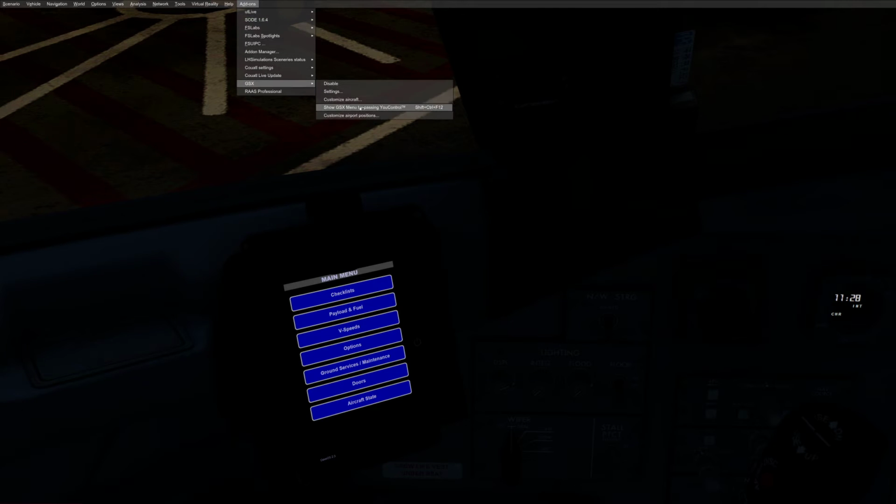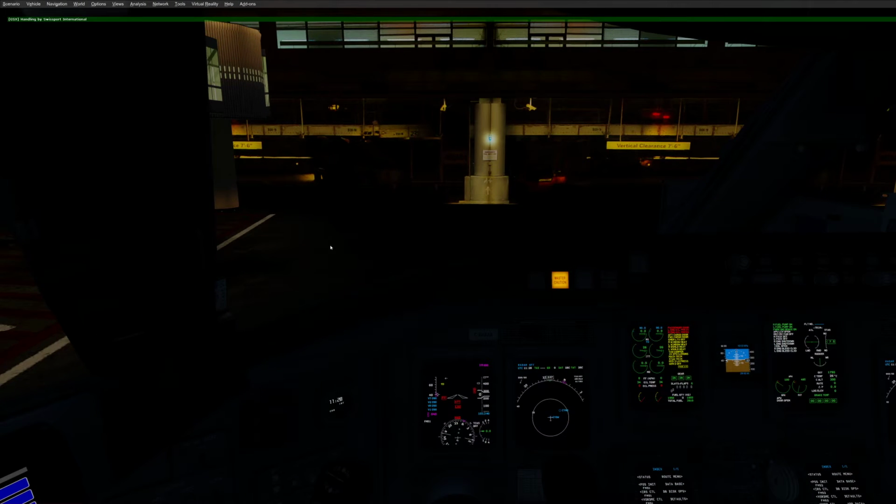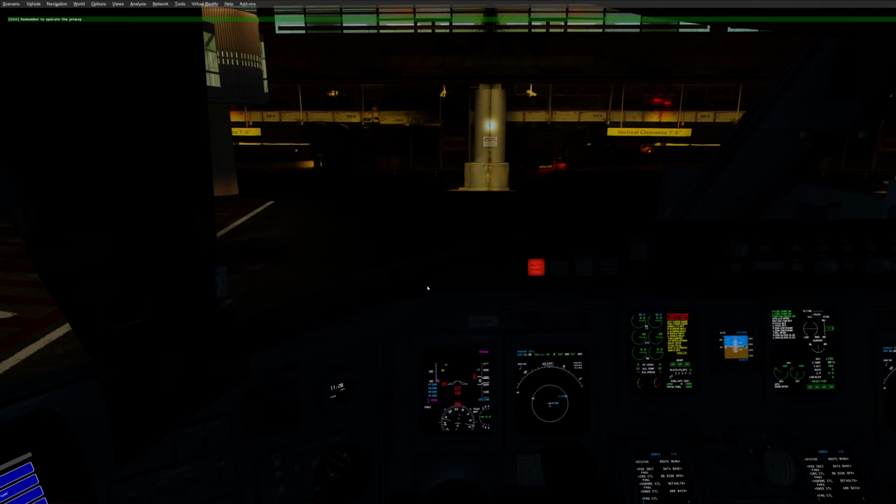In fact, whilst it's doing that, I've just remembered I need to add-ons, quest boarding. Okay, so